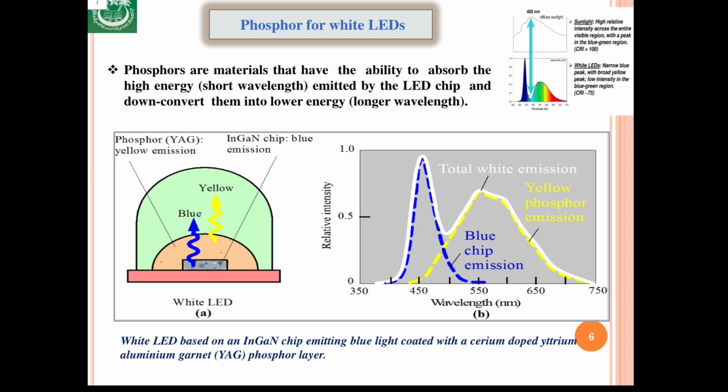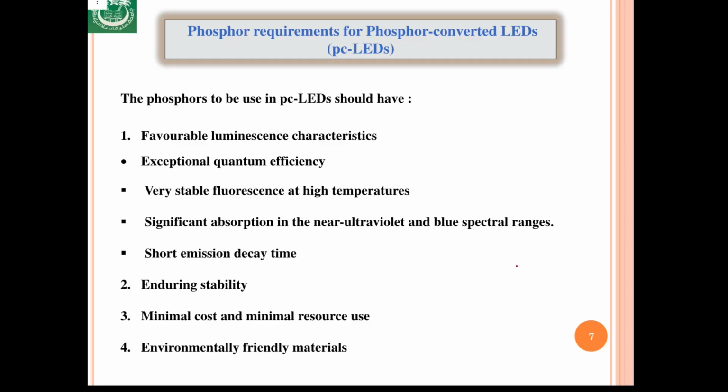Again, there is a problem here, as one can see that the relative intensity in this blue-green region is low. If one compares this emission spectrum of the white LED with that of diffuse sunlight, one can see that the relative intensity is quite high for the entire visible region, especially in the blue-green region. So there is a need to develop phosphor materials, but any phosphor material cannot be used